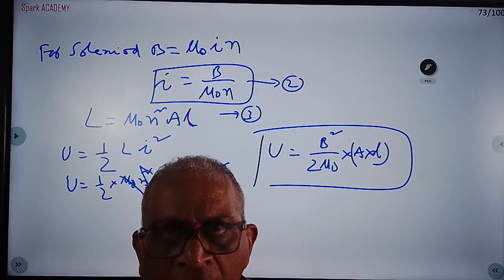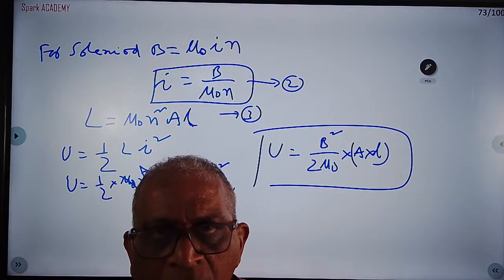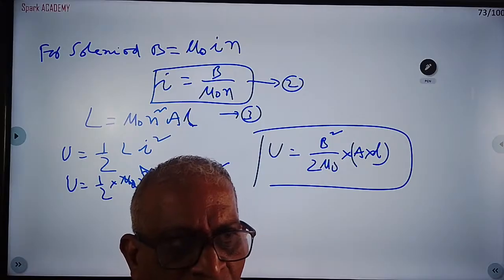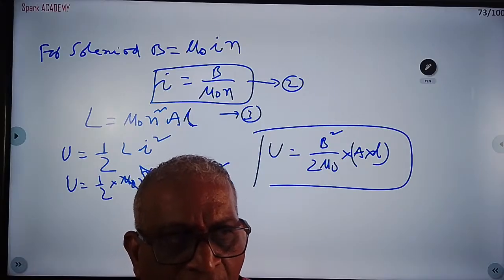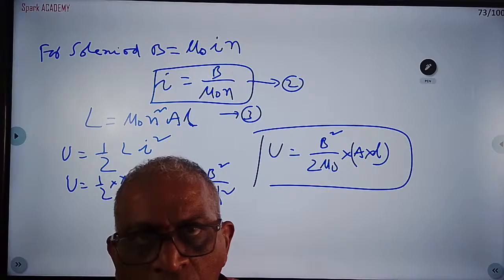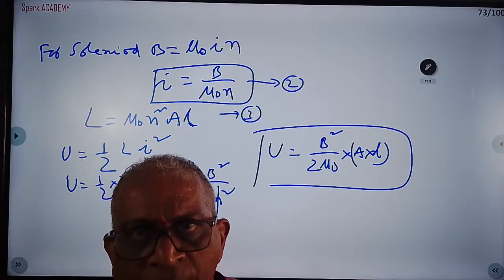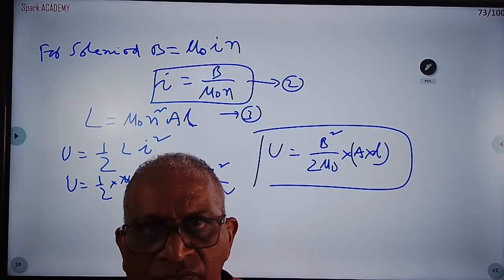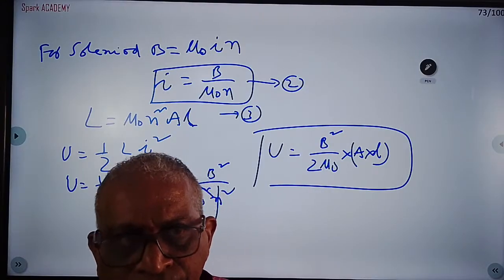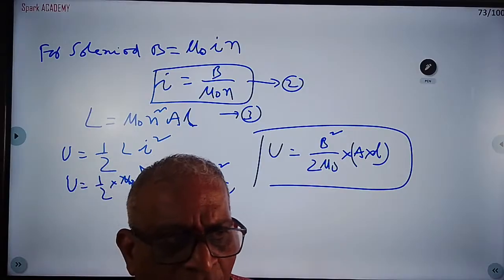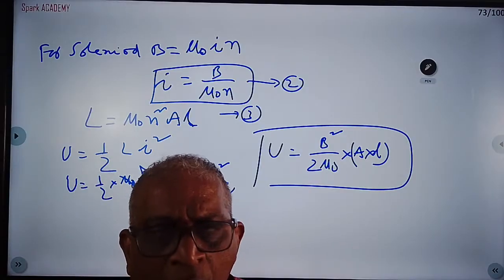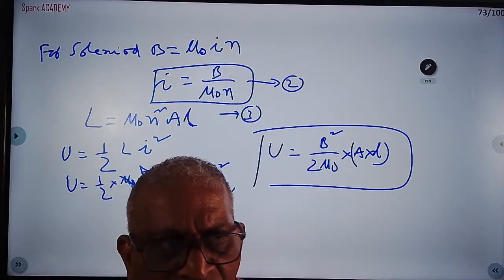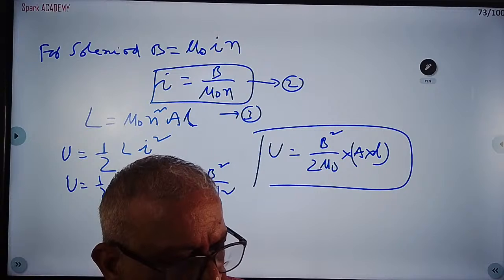Bohr could explain only the spectrum due to the hydrogen atom, but not for elements with atomic number Z more than 1. He could not explain helium and lithium successfully. Intensities of the spectrum cannot be explained. So those are the drawbacks. Bohr says orbits are circular, but they may be elliptical. After that, Sommerfeld says so. These are the drawbacks of Bohr's theory.